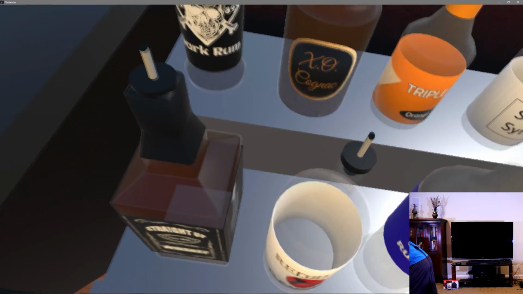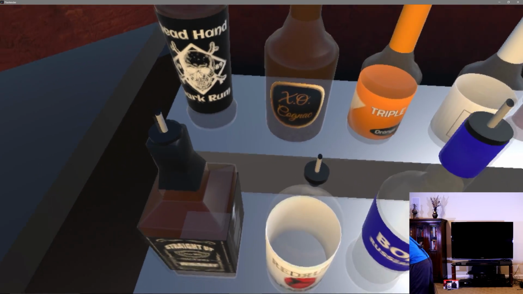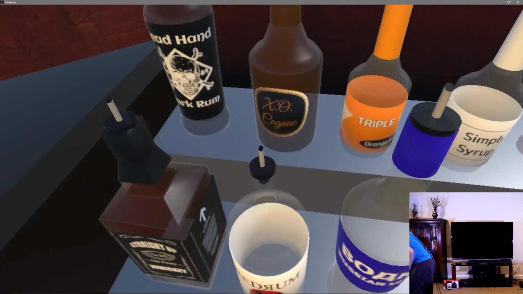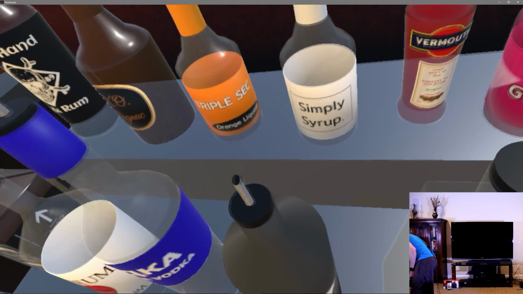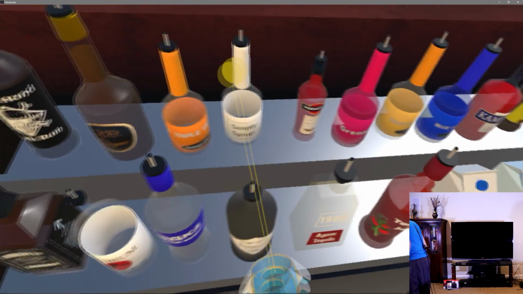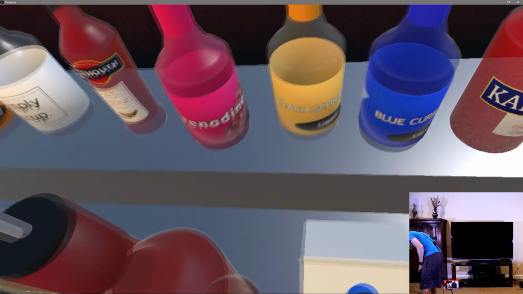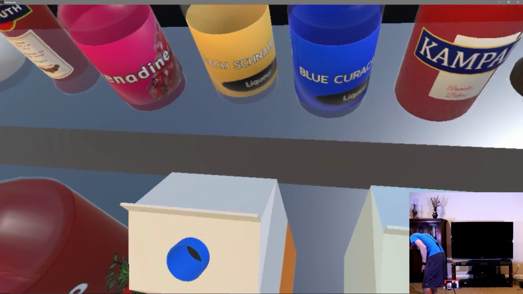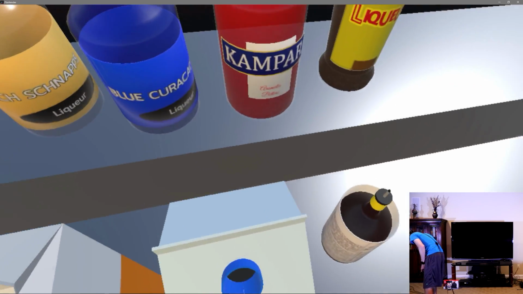Dark... So rum... I don't even know what that says. Cat... Something. XO... Cognac? Is that a cognac? Is that a C at the end? Okay, I thought that was an O at the end. So cognac... triple sec orange liqueur... Simple syrup... Okay, so is that like sugar water? Vermouth... Grenadine, however it's pronounced, schnapps, so we got schnapps liquor, blue curaçao, something liquor, I don't even know,